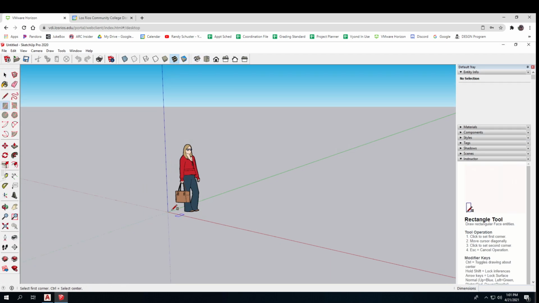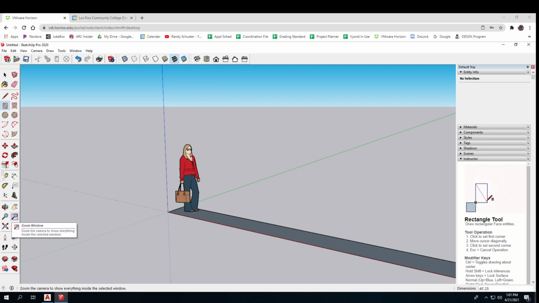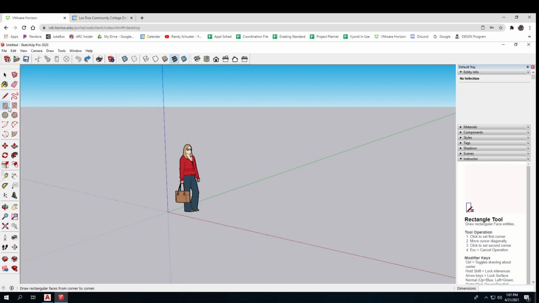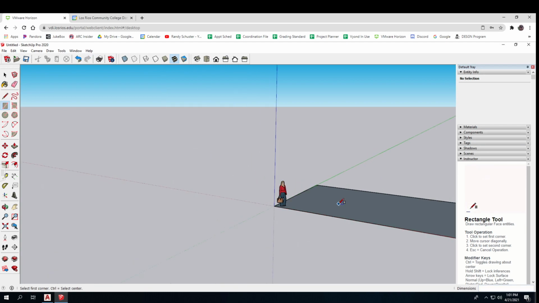So let's say that we've got something like this and it's 40 feet by 25 feet. Just to, I didn't use feet there. Let me undo that and do it right. 45 feet by 25 feet. There. So let's say that that's my building and I want to do a couple of different roof slopes on